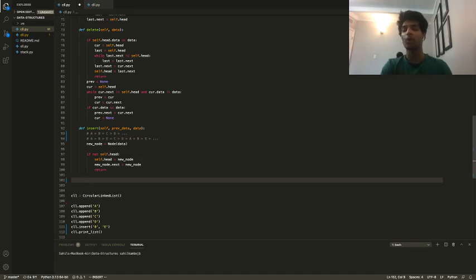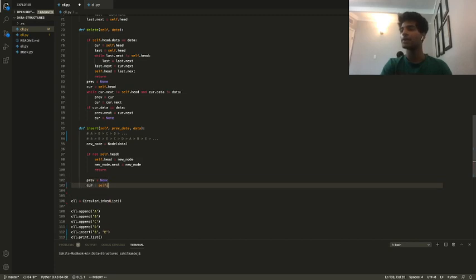Now this is the actual part where we want to insert. And so we want to keep track of two variables. One variable is going to be called prev, which we'll set to none, and our next variable will be called cur, which will be the self.head. And so if we have these two variables, our prev in this case, when we first start off, will be none, and then our cur will be the A node. And so we want to keep looping through until we get